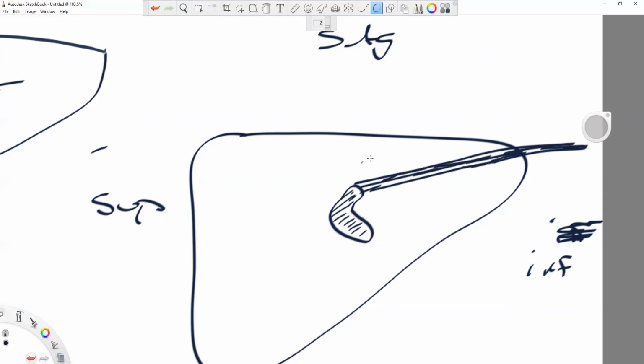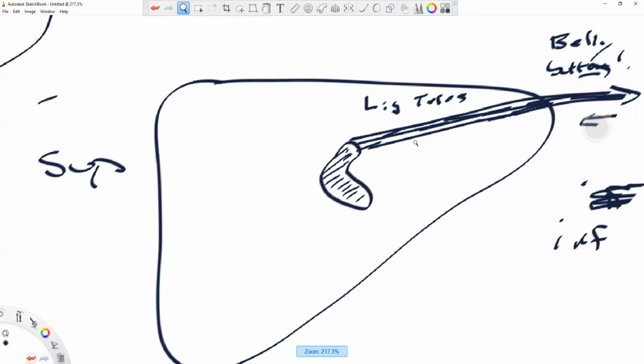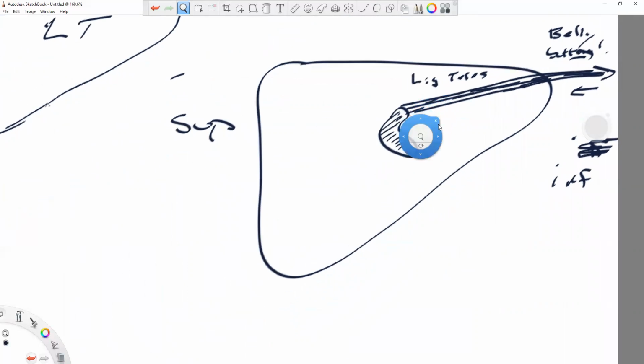And once again, we're going to call this the ligamentum teres. And where does this go? Belly button. It's going to go down to the belly button, because that's where it came from eventually. Actually, I really should say that it comes up from the belly button to the ligamentum teres. So let's talk about this for another moment. If we catch this liver just right, on some people you can, and other people you can't,